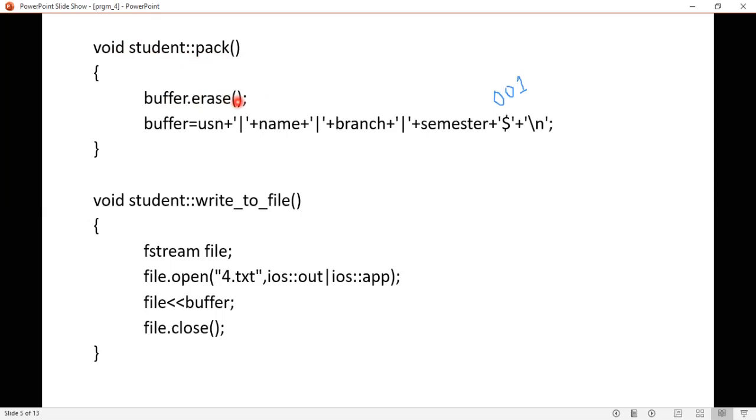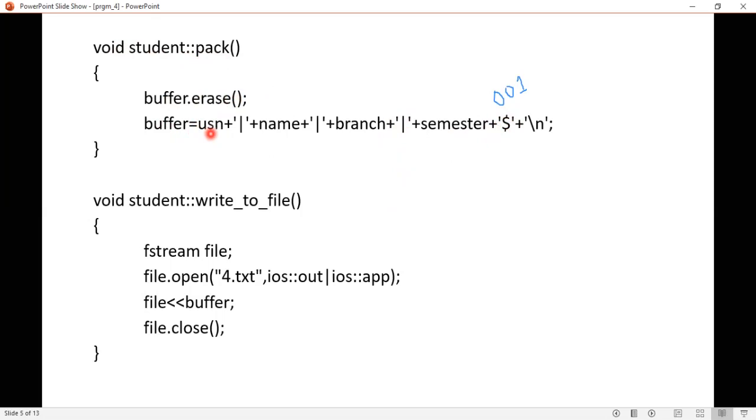Okay, and then you start packing to the buffer. Okay, and here for packing you are using the record structure using the delimiters. Okay, that is for variable length packing, you use this delimiter, isn't it? That is the $ sign, and to separate the fields you are going to use this delimiter.